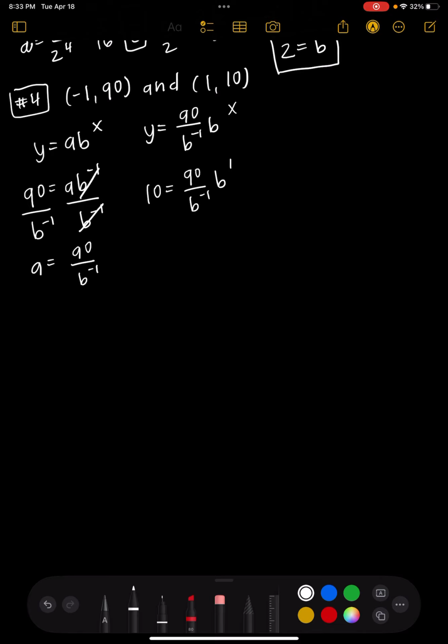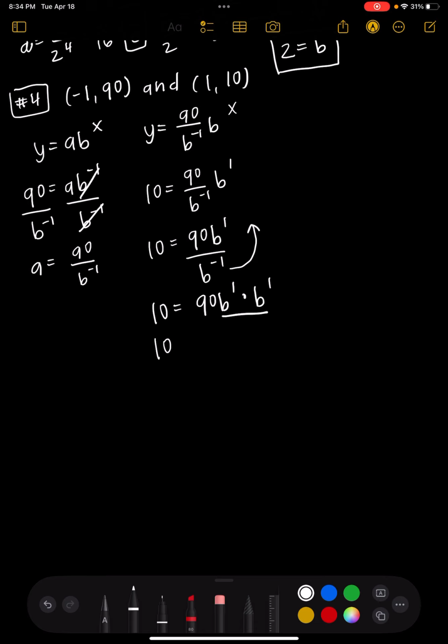So we can rewrite that as 10 is equal to 90 b to the first over b to the -1. There's a rule in exponents that says that we really don't like negative exponents. And so to get rid of the negative exponent, we have to shove it either to the top or the bottom, basically the opposite side of the fraction. And what happens is it turns positive. So I can rewrite this as 10 is equal to 90 b to the power of 1, which was already on the top, times b to the power of 1 from the bottom, because I'm taking that b to the power of -1 and pulling it up. Because I'm pulling it up and switching sides on the fraction, then the -1 turns positive,